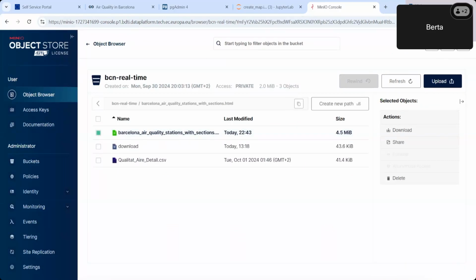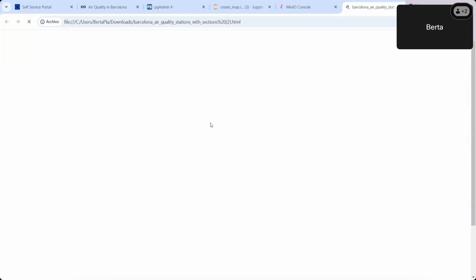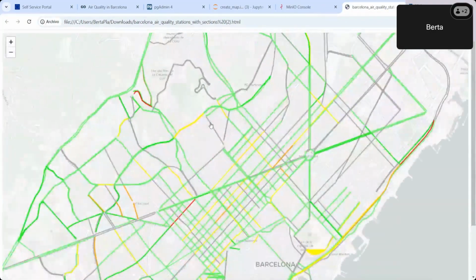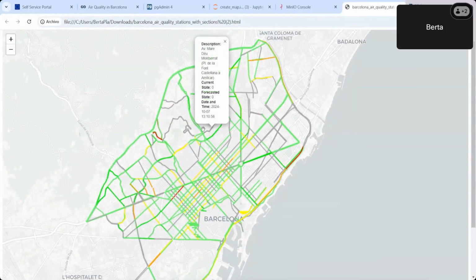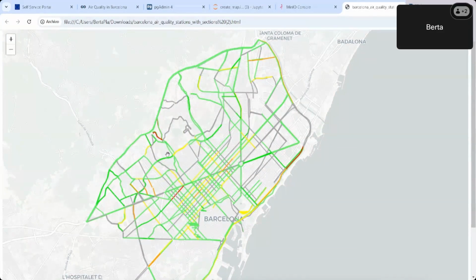Now we have downloaded this, we can click on it. And we have the file, the HTML, again with the same interactivity, so we can click on it. Here there's no data, but in this section, for instance, it's pretty high traffic right now and it's expected to be also in the future. So we can go ahead and play and add new layers. We can add the air quality layers, to try to locate whether each point is close to the traffic. Maybe in this section the air quality is not so good. Maybe up here it's good. We can try to see. So just play with this data.